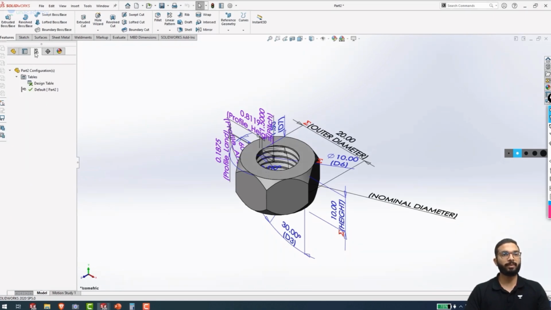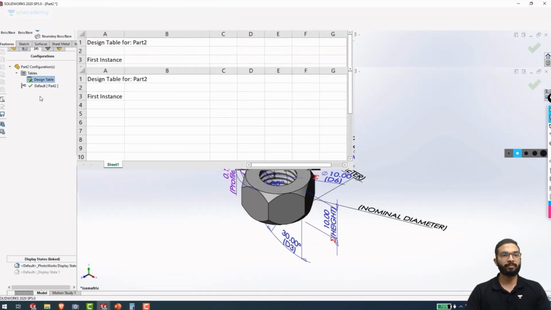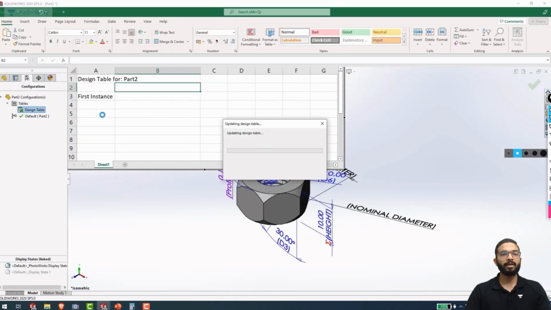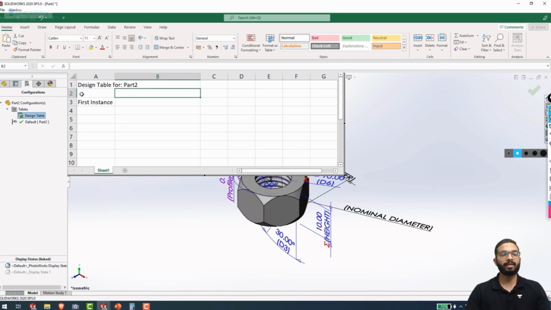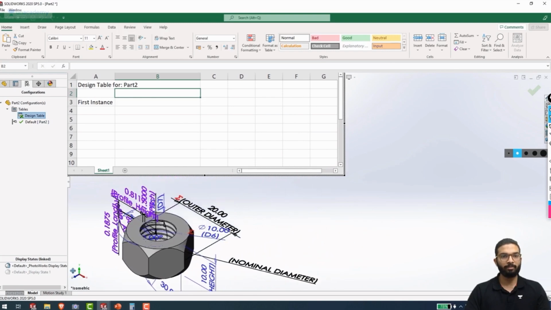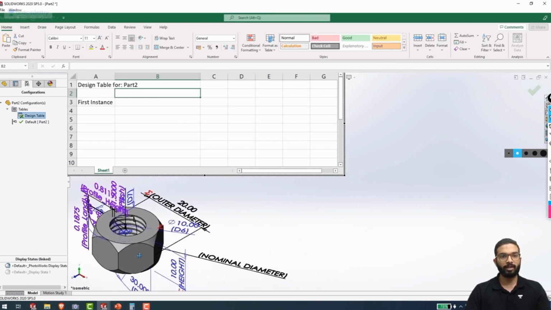I will click on it, and once we are in this Configuration Manager, you can see in the menu of tables we have a design table added over here. I will simply right click on this and select Edit Table. Once I click on Edit Table, you can see that it has created this Excel sheet over here again. I will press Ctrl and drag my part over here so that I have a clear view of the part